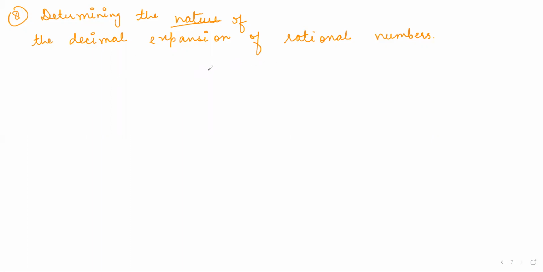Decimal expansion means I'm converting a rational number. A rational number is of the form p by q, right? For example, I can have 5 divided by 3. So basically, I'm not leaving it like this. I'm converting into decimal. So I'm doing 5 divided by 3 and then some answer I'll get. So I get 3 into 1 is 3, then 2, right? So I'll put 0 here. So I get 2 in 6 is 18, then again 2 and 6 is 18, then again